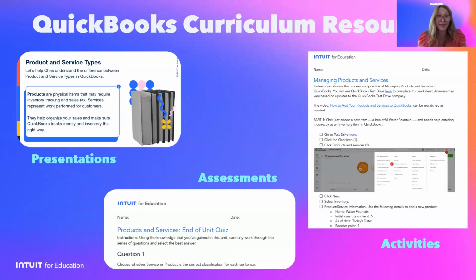Or if you're printing them out, I personally like to print them out so that the students have them in front of them. And as they're working through Craig's landscaping, they can see exactly what the page is supposed to look like, right? Then they can write down the answers. A lot of times I'll have them just work in groups or switch with each other to answer their questions, and then go back online because the quizzes are online and those are all self-graded. You can go to the next slide.